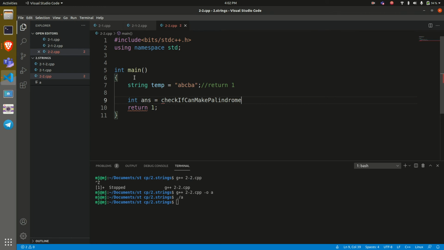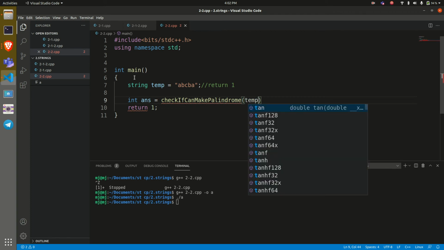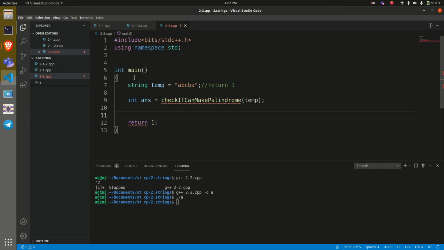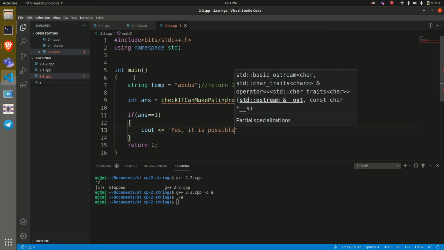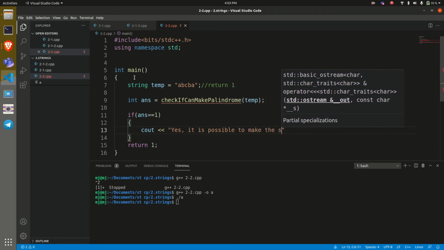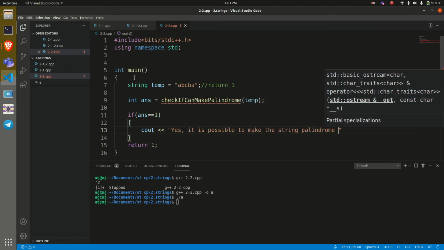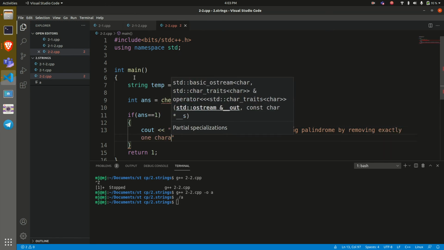This is just a very long method name, just for you to understand it better. And we'll just send the string here, that's it. And if answer equals 1, that is when it returns 1, we'll print yes, it is possible to make the string palindrome by removing exactly one character.